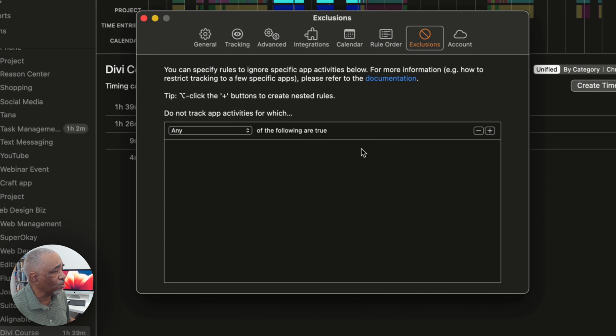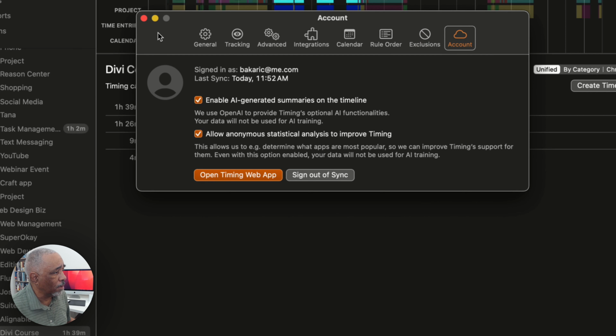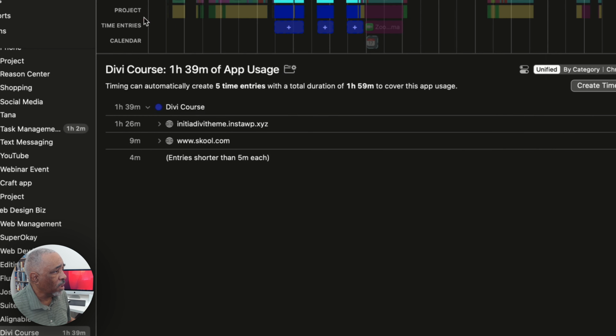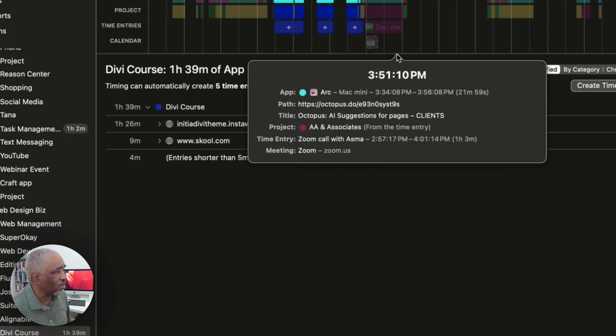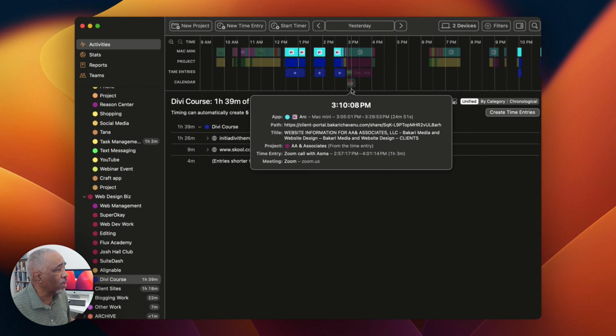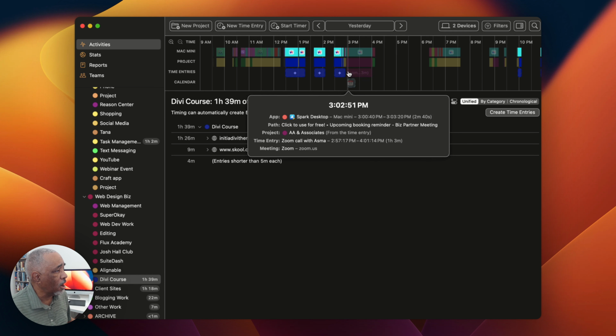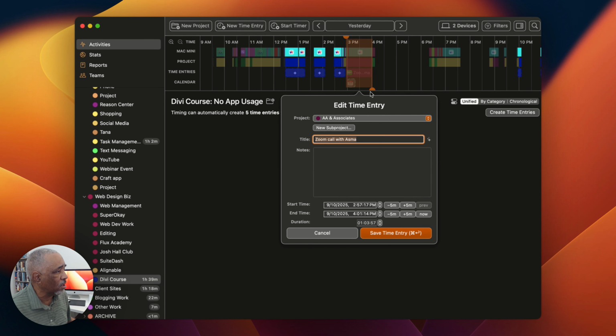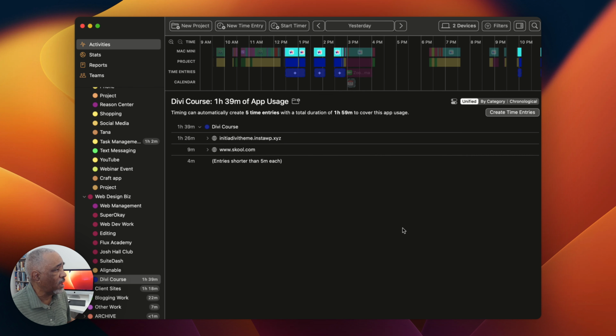But anyway, if there are things that you want to be excluded, like any type of websites or applications that you just don't want counted, you can put those in here. And then you can also have your own account there. So there you go. And if you look on here closely, I'm not sure if you can see this, okay, this was a calendar date with a client. So you see that's already in there. I can take this, and I already did it, but you can select it here and then put the information inside here and save it, and you can put some notes in here as well if you want to do that. And so, yeah,